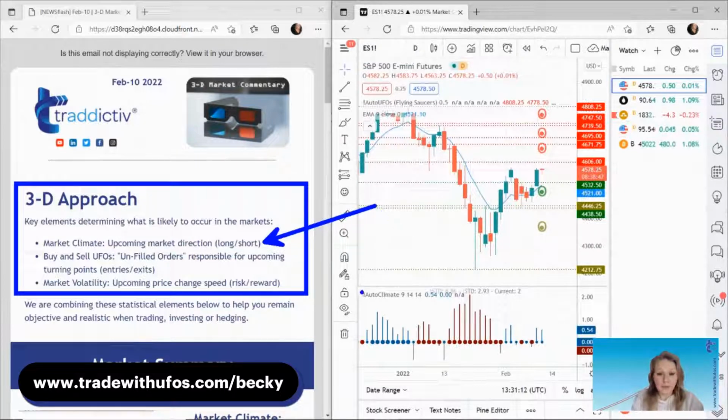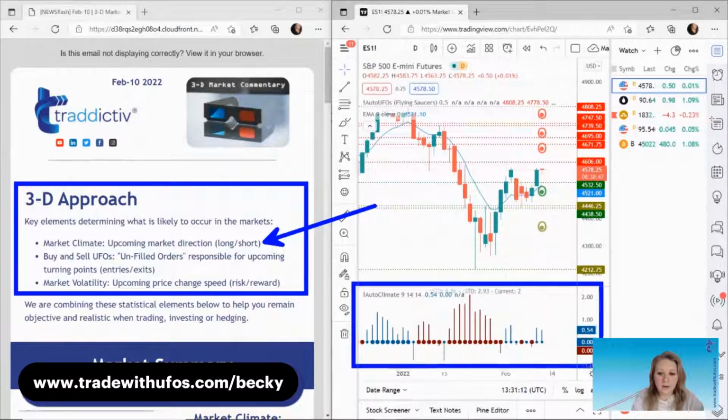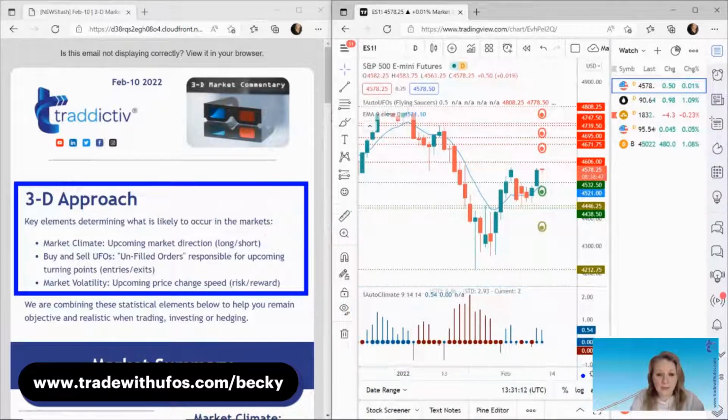So we'll look at that per market, and what we'll do to look at it is use our Auto Climate app. Auto Climate is a free app on most platforms you can get it on, and it tells us where the probabilities lie. If we ignore the lines and look at the dots, a thick blue dot would tell us probabilities upwards. A thick red dot tells us probabilities downwards. A thin dot of either colour tells us probabilities neither way. So we're going to look at that per market to see where the probabilities lie.